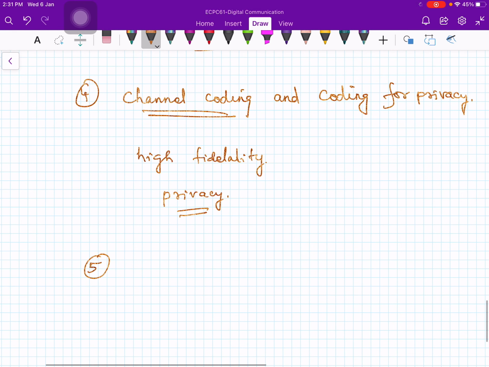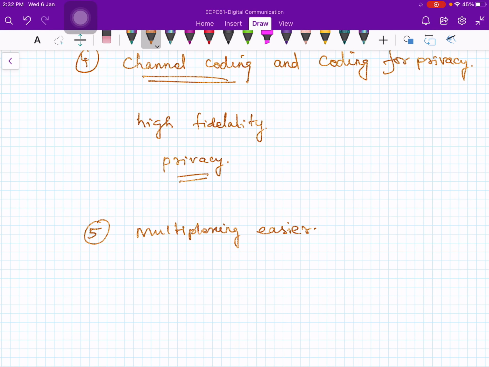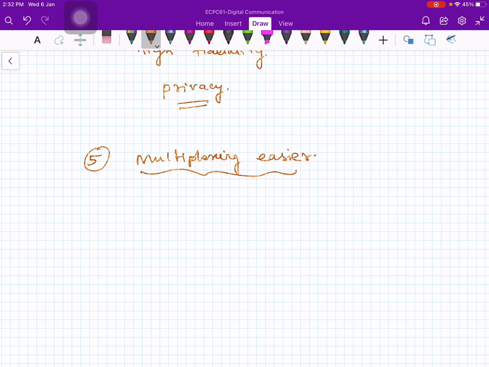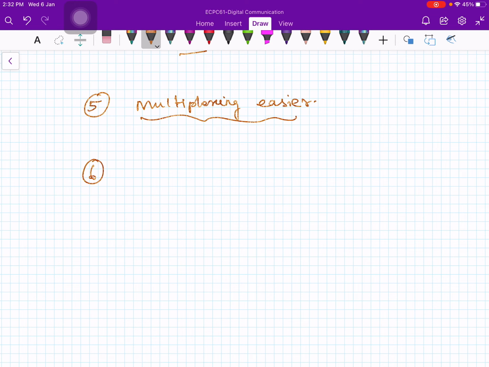And the next advantage is multiplexing. Multiplexing is easier. It is easier and more efficient to multiplex digital signals than it is to multiplex analog signals. So multiplexing is also easier. I will elaborate this point about multiplexing when we talk about multiplexing. And the next advantage is,